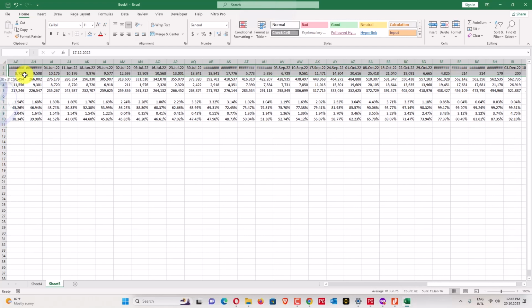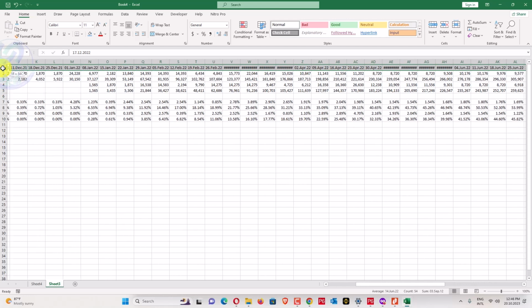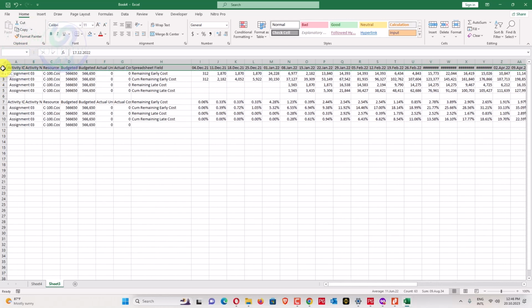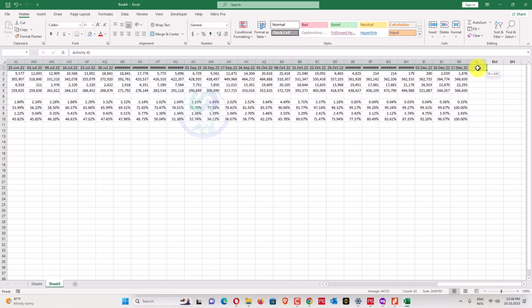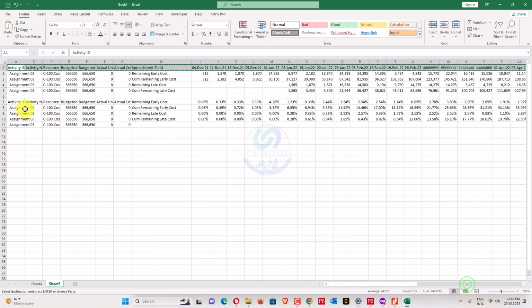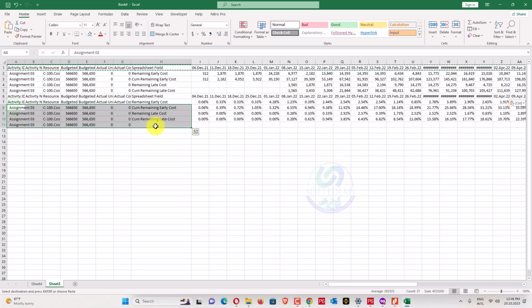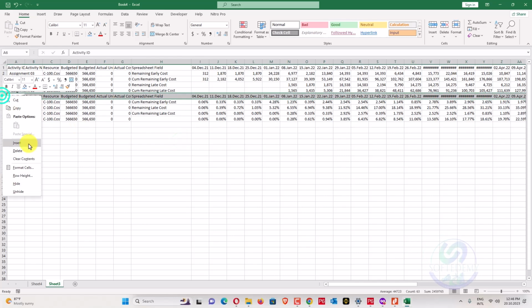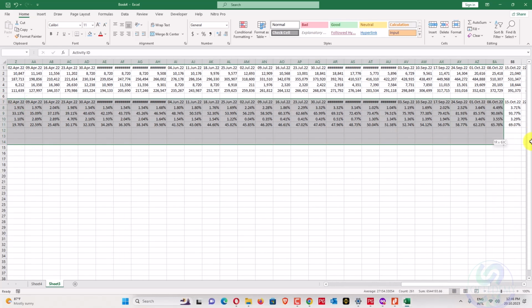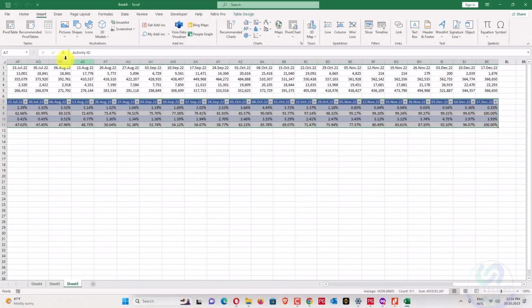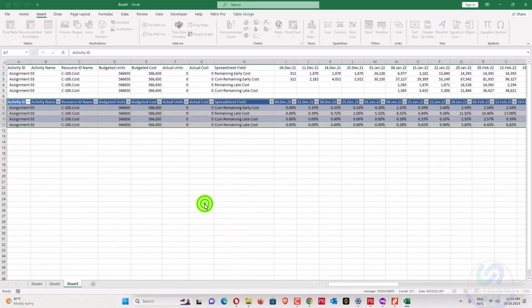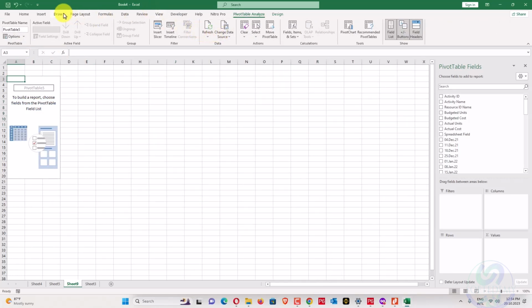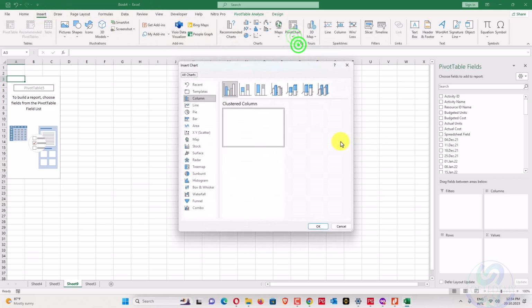Okay, copy the similar. Okay, there is a big mess. Okay, copy and paste here, and copy, paste here, and when you select this one, first of all insert pivot table from this one, table 1, and now we'll go here and insert pivot chart from this one, and we'll select combo.